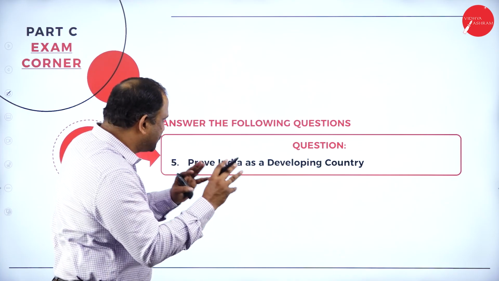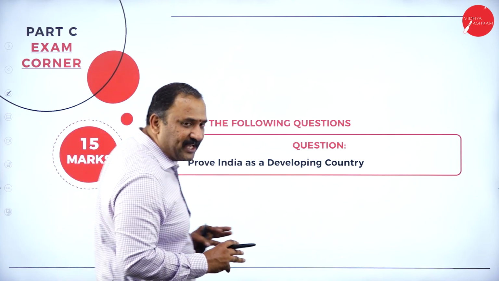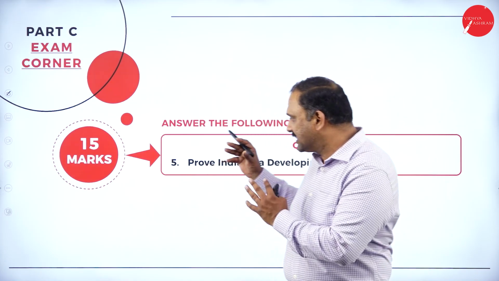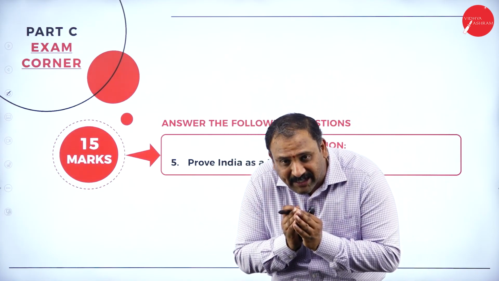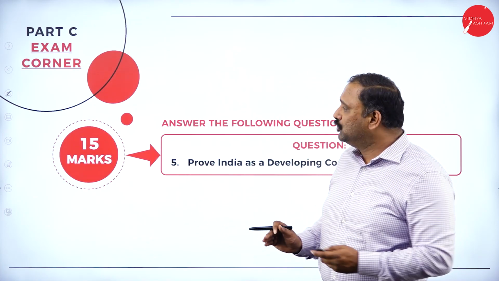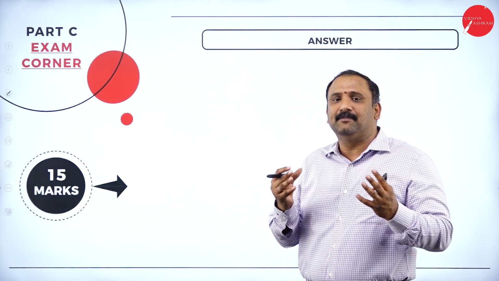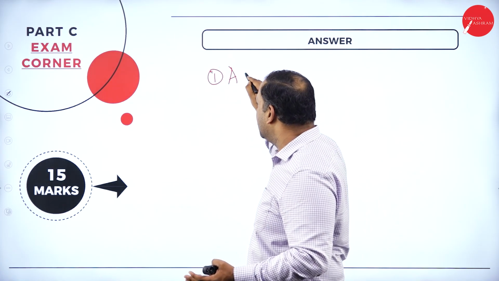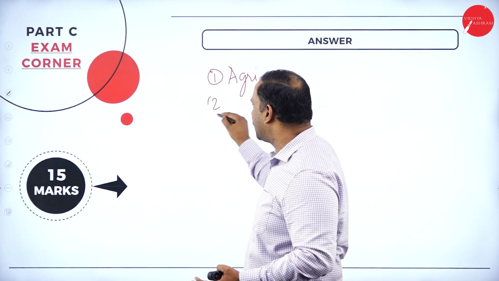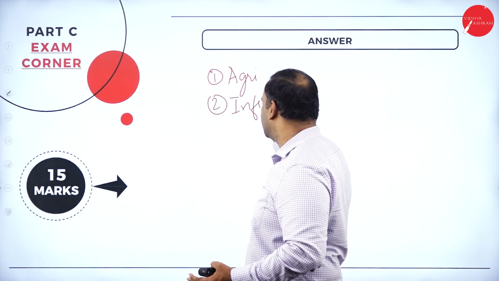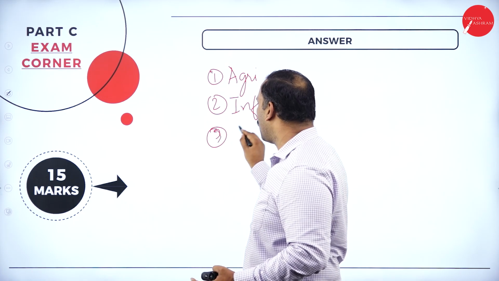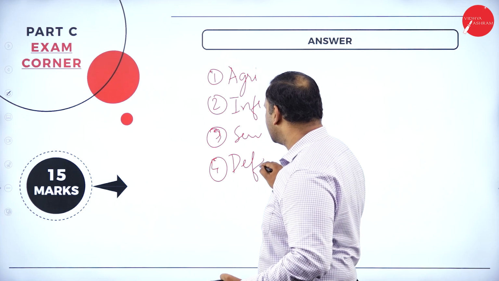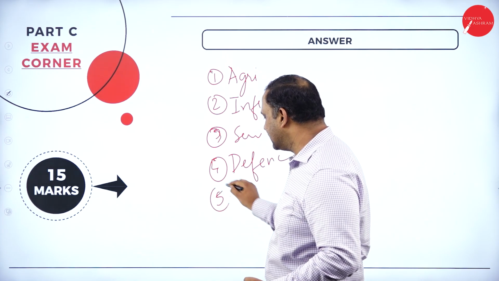Now just look into the question for a while. This goes for a 15 marks question. When we are talking about a 15-mark question, sometimes you get such a big question, and that too a very vague and open-ended one, you could probably write anything that comes in terms of a positive view of India. Starting from agriculture, then we can talk about infrastructure, then the services sector, then the defense sector, then the banking services, that is, the financial